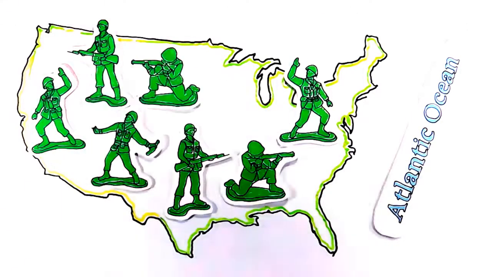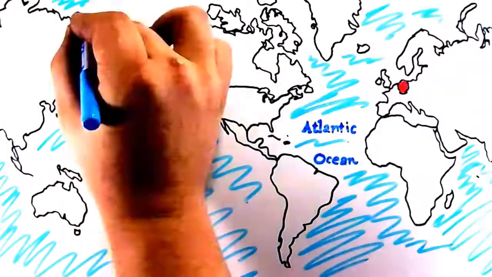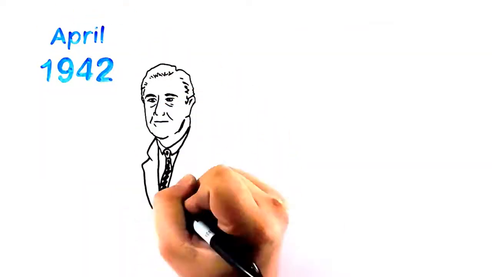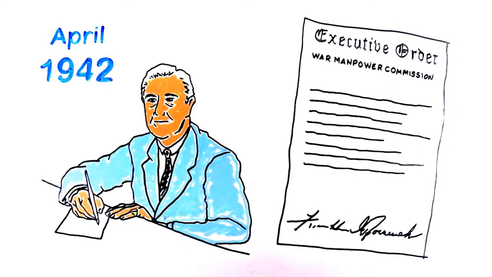The United States was now entering World War II. This created a huge dilemma, as many of the U.S. industry's skilled labor was now headed overseas to join the war. In April of 1942, Franklin D. Roosevelt signed an executive order for the War Manpower Commission, who were tasked to carry out the TWI service and fill the void with unskilled labor.